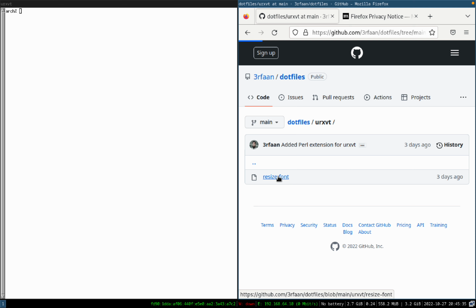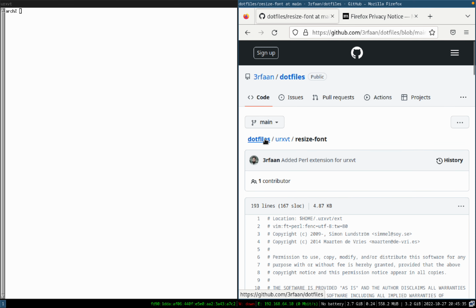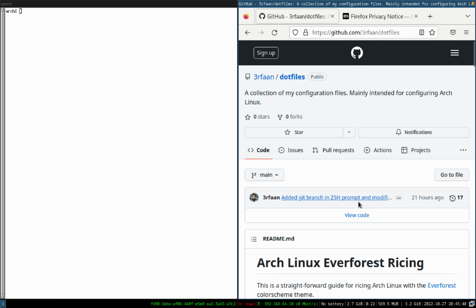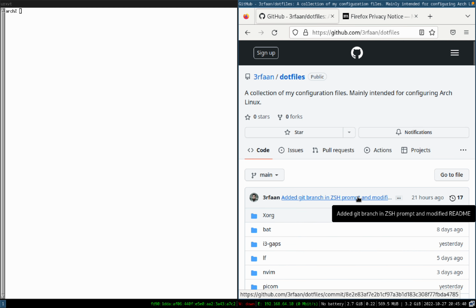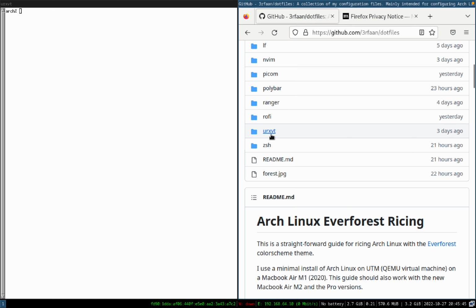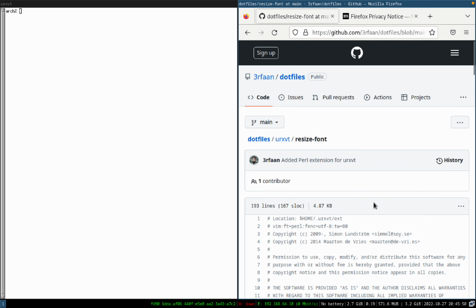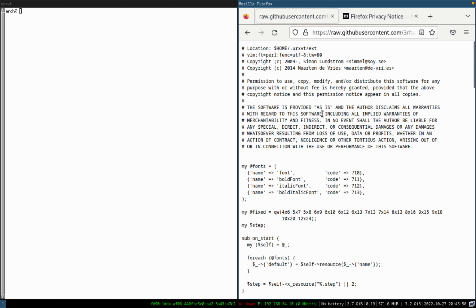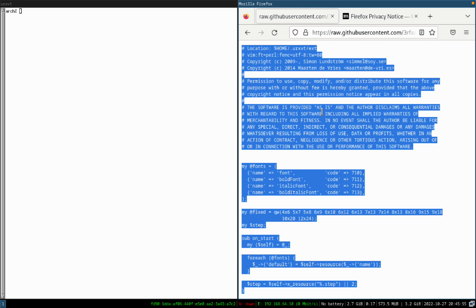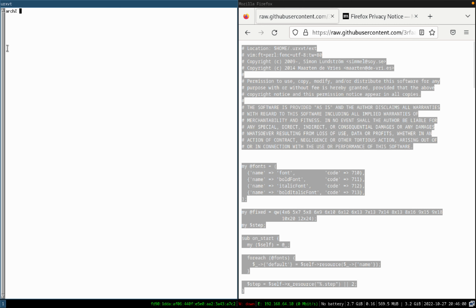So the first thing I will actually do is make resize font. I will choose that. So basically you are in my dot files, and I will go to urxvt resize font, and I will click here on view raw, and you can select anything with Control A, Control C for copying, and then here is the location. You will create,